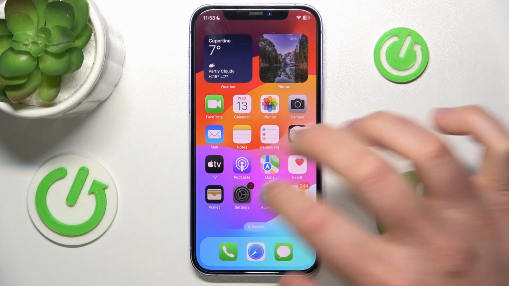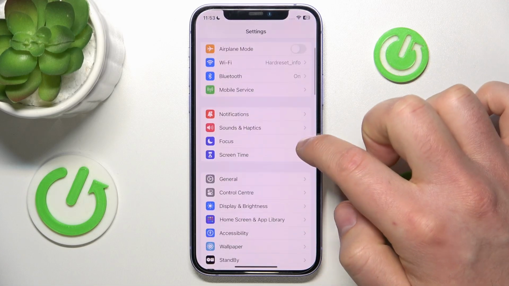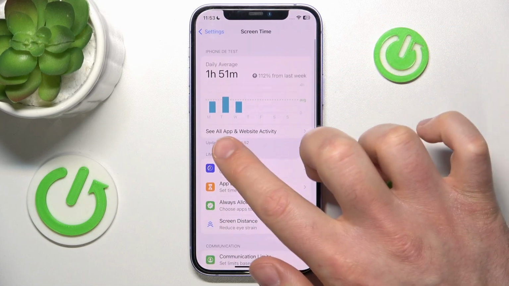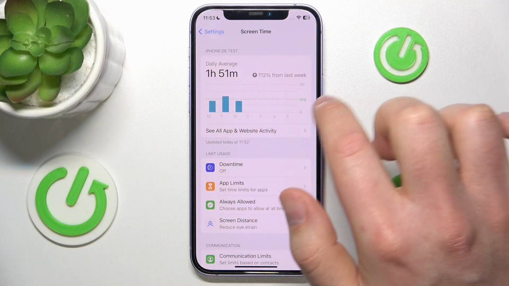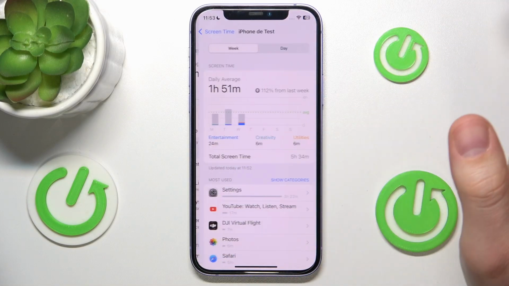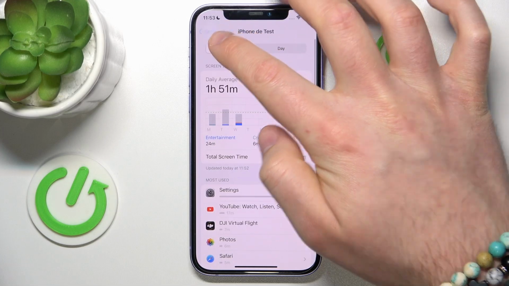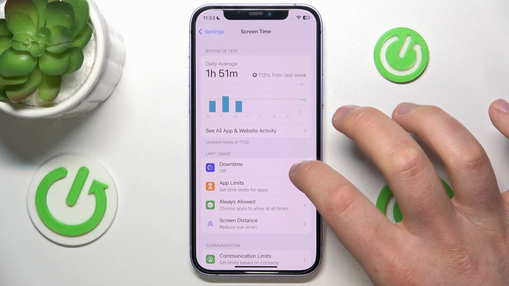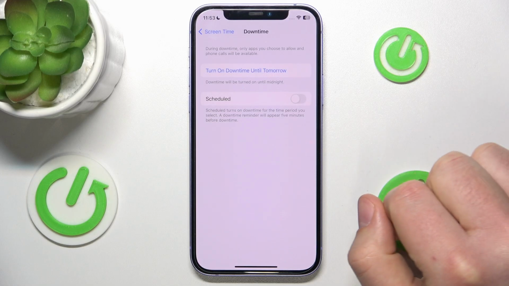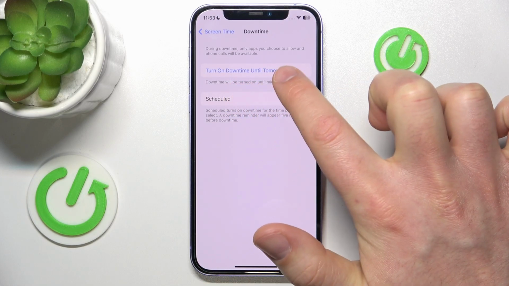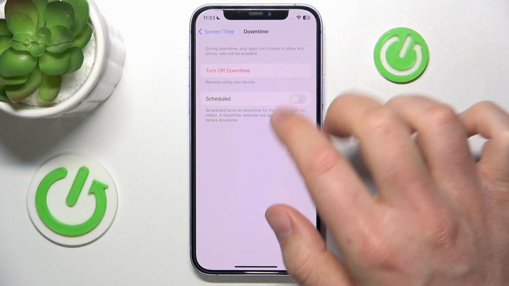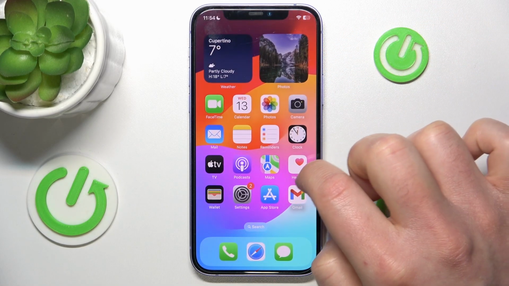So let's go to the settings and then go to the screen time options. Once you're here, as you can see, you have your daily average and see all app and website activity, how you can check it, where you can check it, and also here is the downtime. As you can see, you can turn on downtime until tomorrow. And what is downtime? So let me just turn it on, and now as you can see,